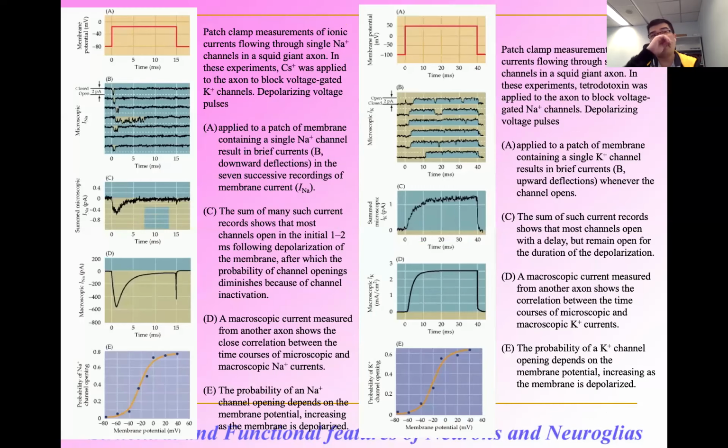Now, as I mentioned about the channels, you can measure that with the patch clamp, okay? Now, when you measure all of those in bulk, you'll see that, for example, when the channels are being opened, there's a current going from negative to more positive. Okay, now those are actually